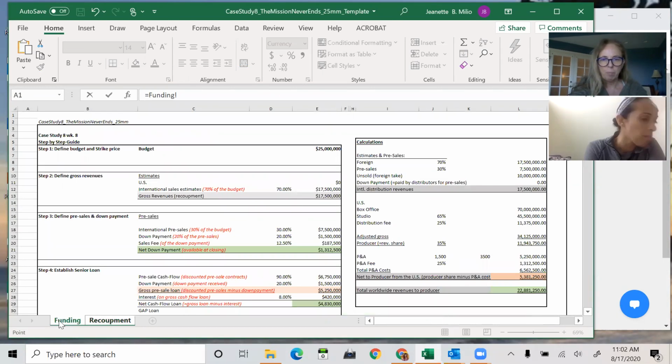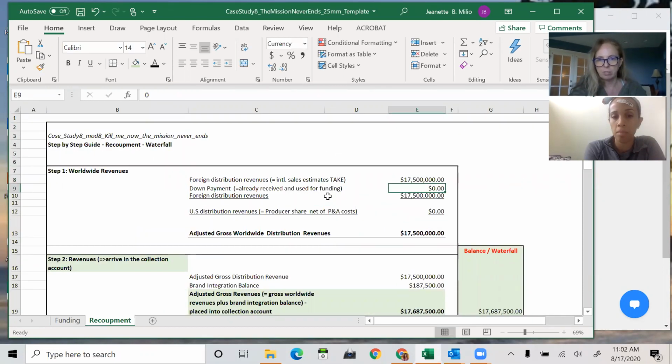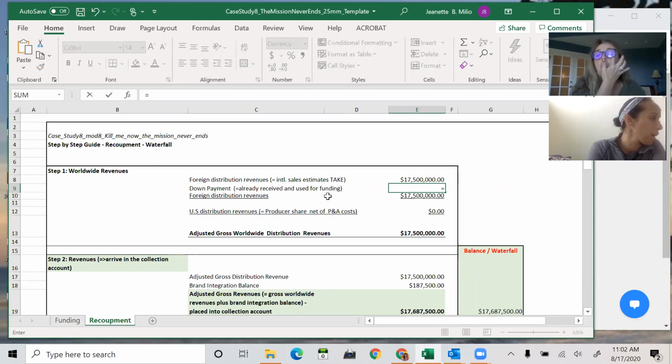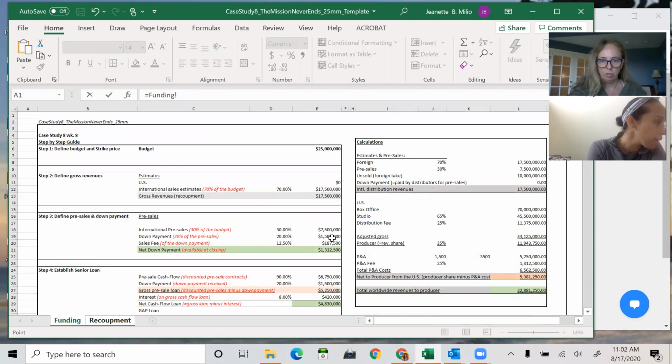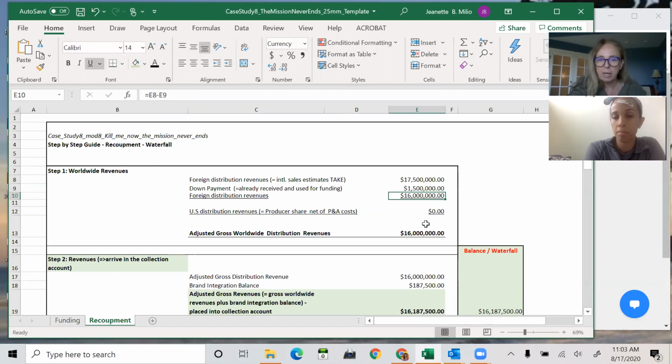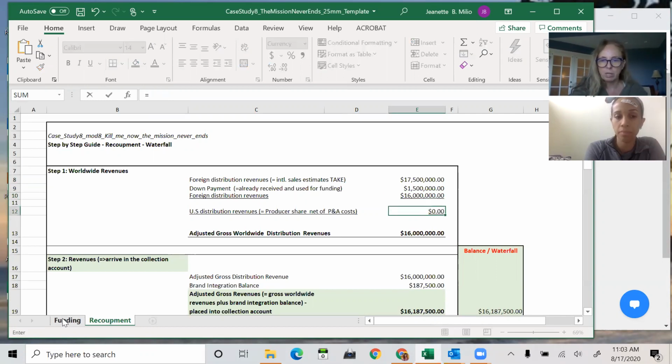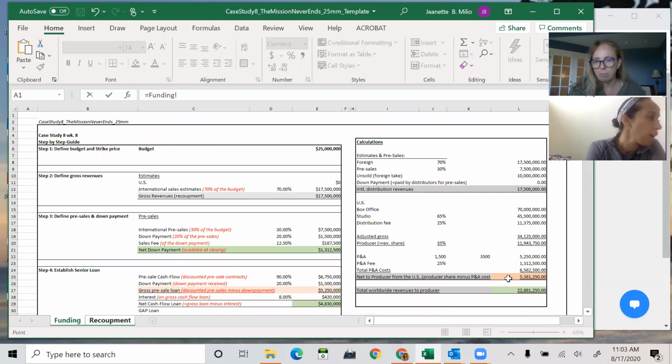Correct. I'm going to go back to my sheet here and click on this. What populates on this end? How much down payment did I get? 1.5 million. Correct. So I'm going to click on here and it's going to populate over there. How much was my revenue that I got from the US? I'm going to go to this because I don't know if you have that. So I'm just going to take the 5,381,000 because we just did it. I'm going to click on this number. That's my US revenue. I'm going to take it over here.